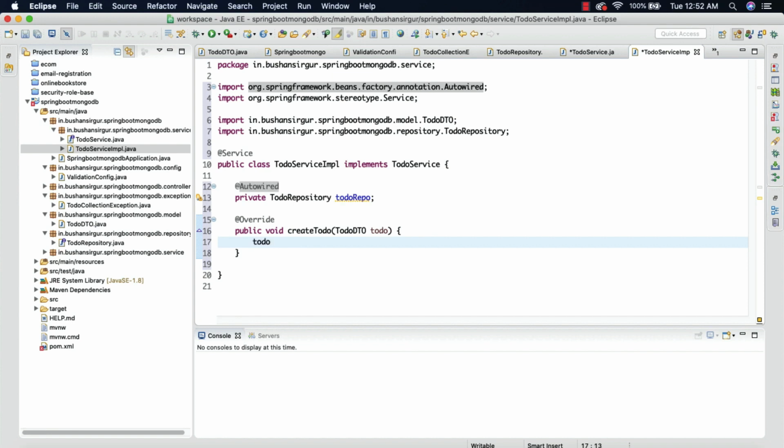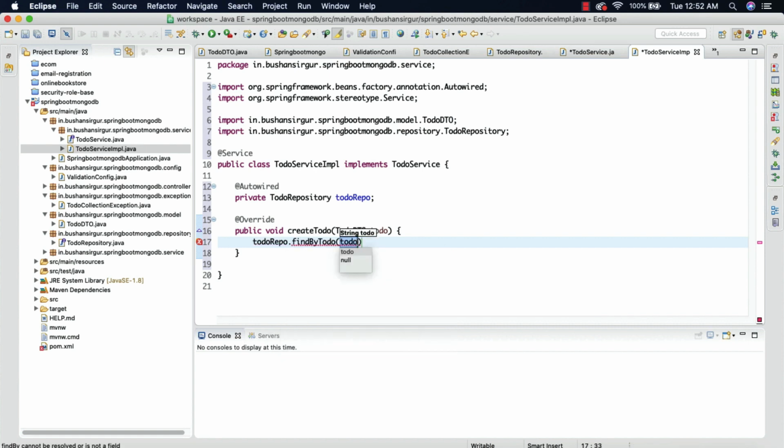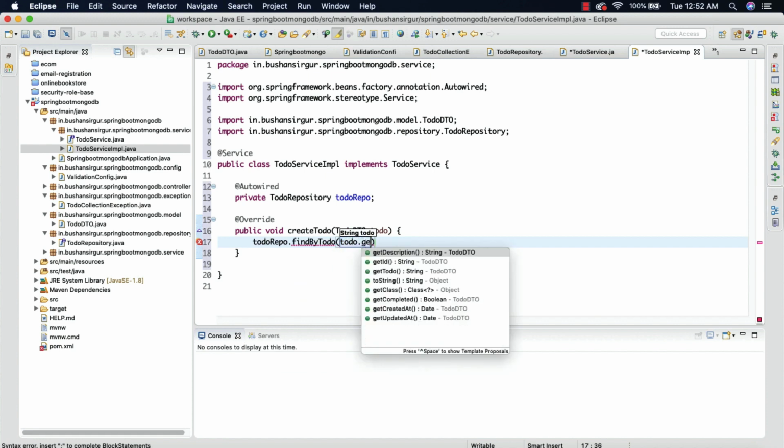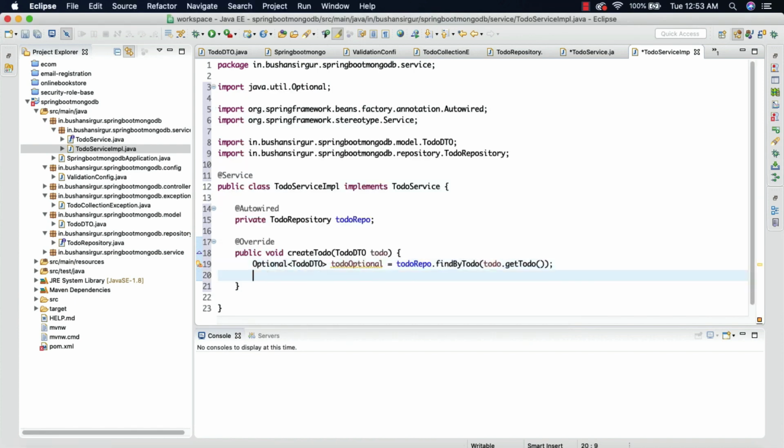So toDoRepo.findByToDo, and we're going to pass the toDo.getToDo, and this is going to return an Optional ToDoDTO, Optional ToDoDTO, toDoOptional, and then let me import the Optional as well.